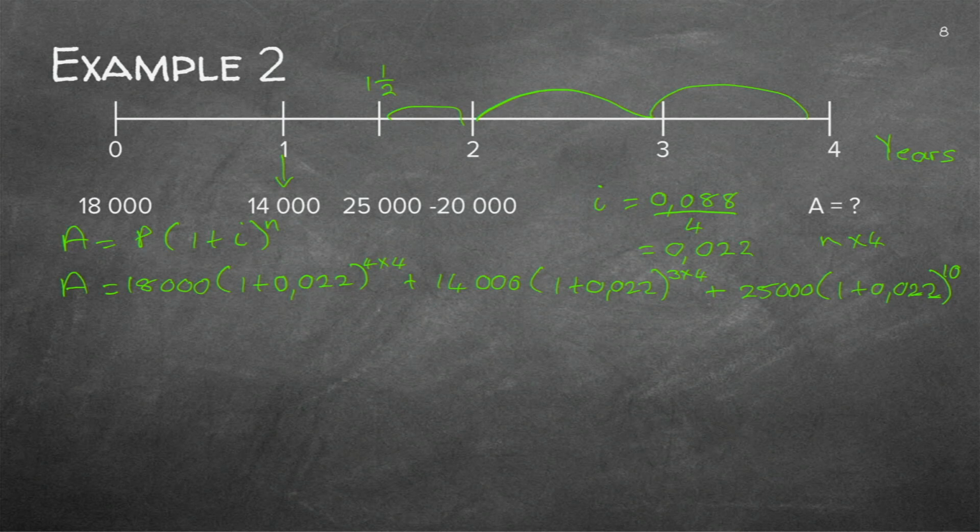Was that the last one? No, there's still a subtract. Minus 20,000, bracket 1 plus 0.022 to the power of, now there's the 20,000 on the second year. So how many years up to the end? 2 years, but I need to multiply by 4. And if you then press your equal sign, I'm going to cheat a bit to save time. It gives you